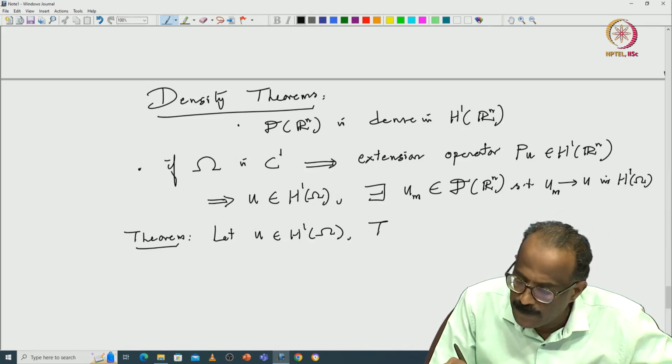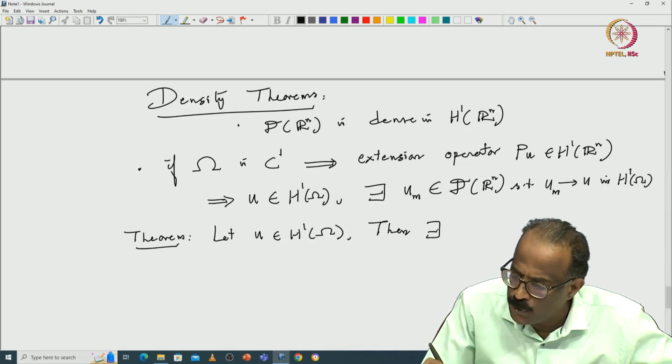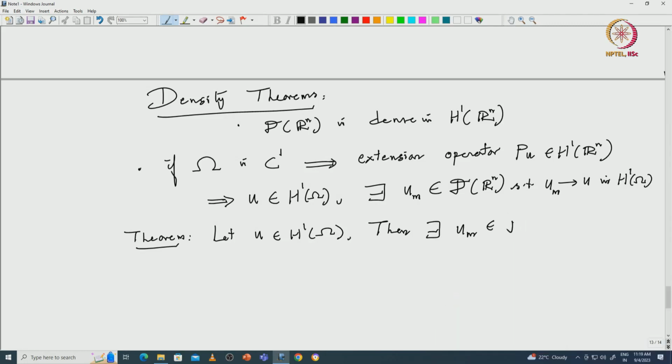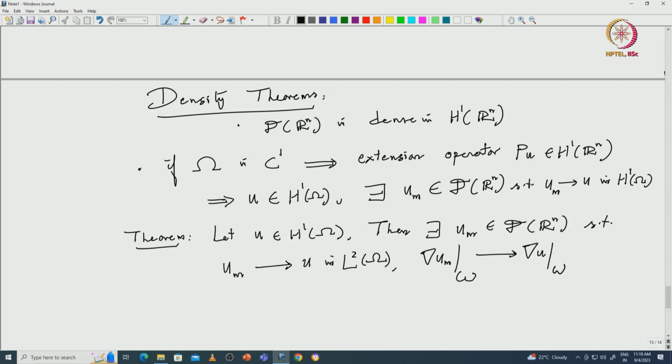then there exists a sequence in D of Rn such that, of course, since it is a density, you get convergence to u in LP of omega. But when you have your gradient, you won't get it at the boundary. So, you will have the gradient of u_n converges to gradient u restricted to omega in LP of omega